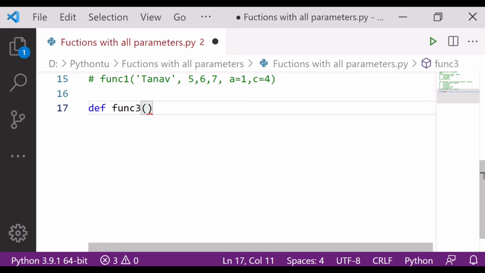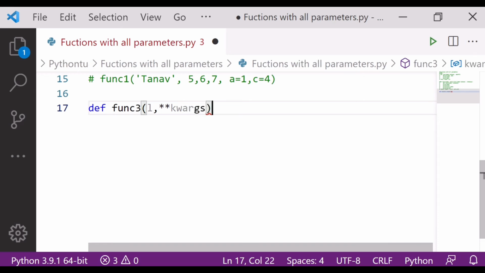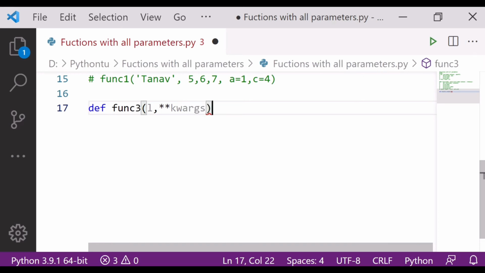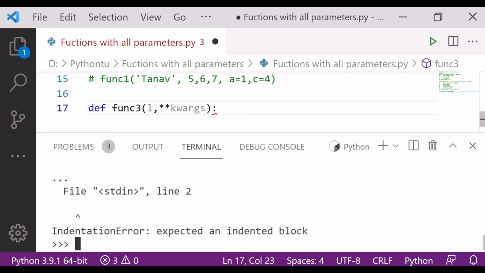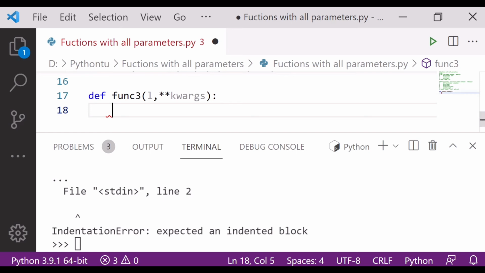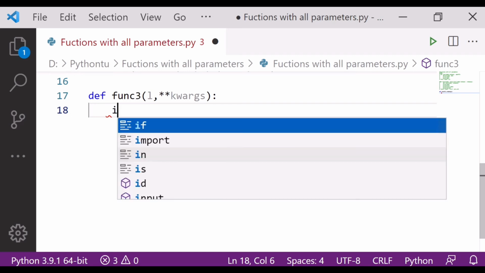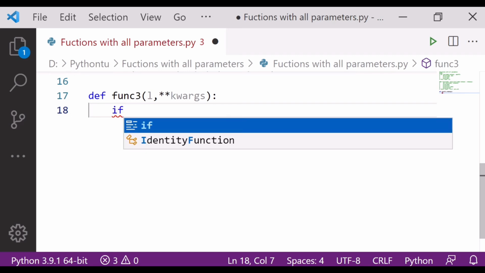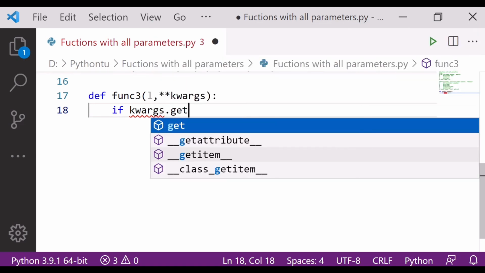Then I will take the list L. I have to write kwargs here, because I have to pass many arguments. Then close this. Okay, function 3.